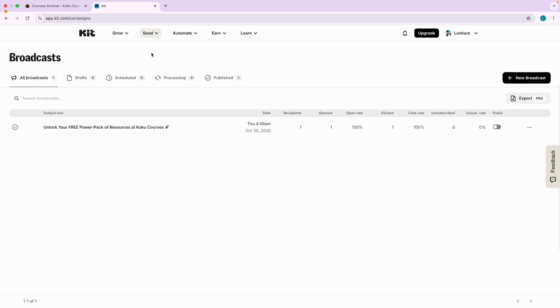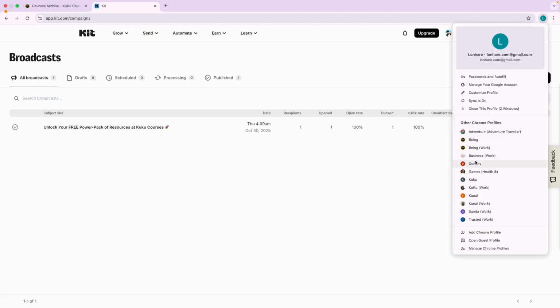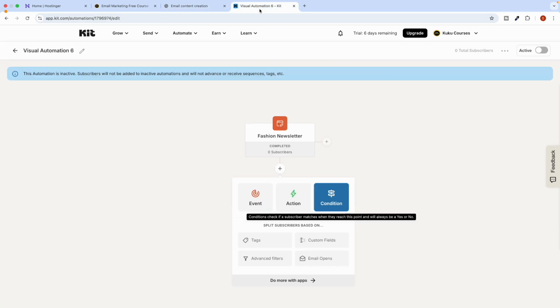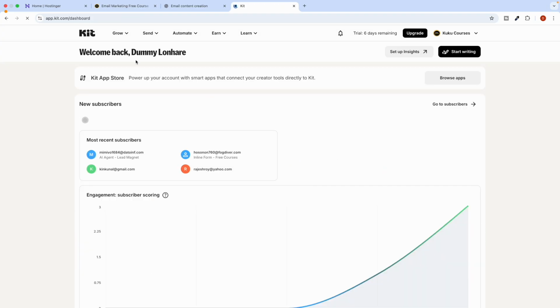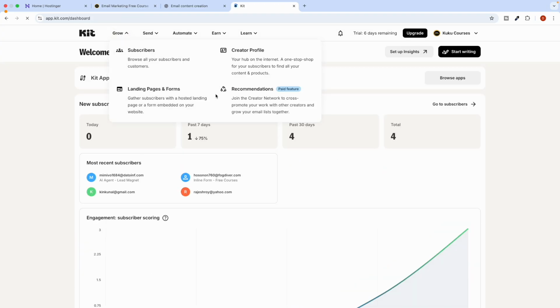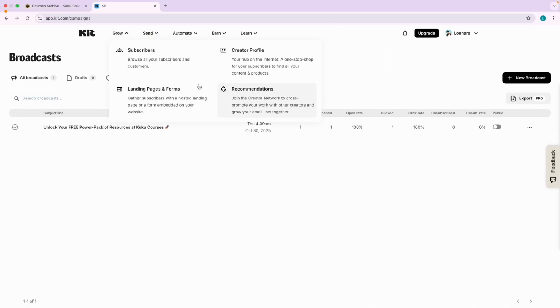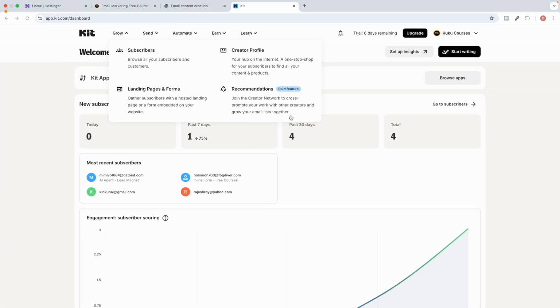So let me show you in Sendfox also. You can see it's not showing. Also, if I just open this version, this is the pro version. So here you guys can see the recommendation paid feature. It's a free version given to us, but paid recommendations will boost your